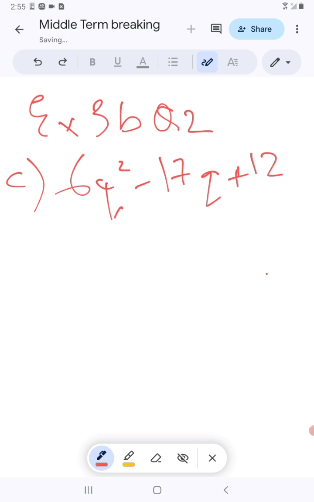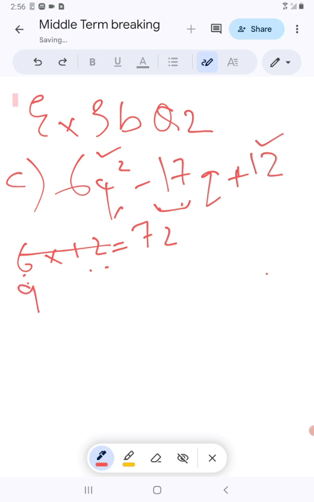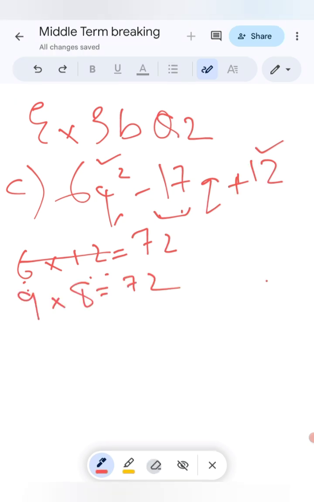Now the first rule was to multiply the first number and the last number. So 6 multiplied by 12 is going to be your 72. Now when we look at the factors 6 and 12, if I add these up, do I get 17? And even if I subtract these two, do I get 17? No. So this means these factors are not going to be put up. Now another factors of 72 could be 8 multiplied by 9 is 72. So now what I'm going to do is